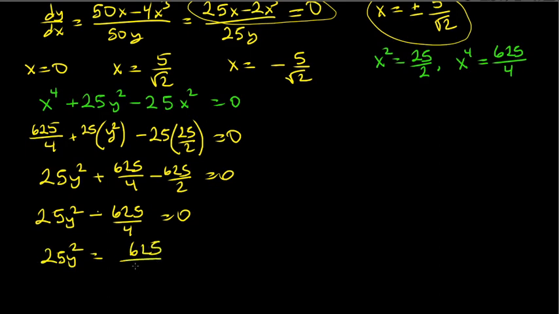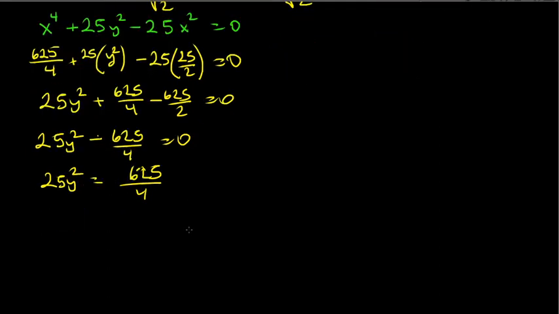It's positive 625 over 4 on the right. Divide by 25. Sorry. And you get 25 over 4. Now take the square root. We get plus or minus 5 over